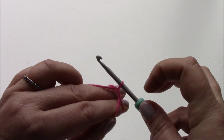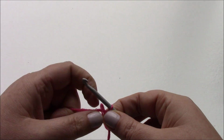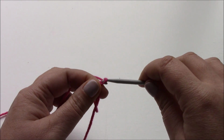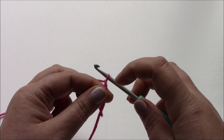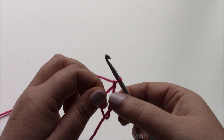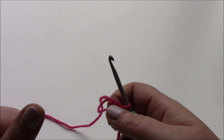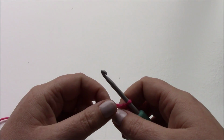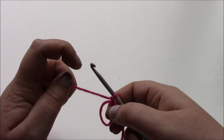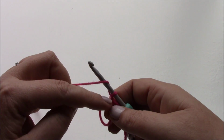Holding all of this section here, clasp it and remove your fingers, and just to secure it I'm going to chain one. We will use that chain, but right now I just want to secure it. And then I'm going to remove this tail end from the middle of the circle, like so. So I've chained one, I need to chain 3 in total, and my chain 3 counts as my first double crochet. So that's 1 chain,